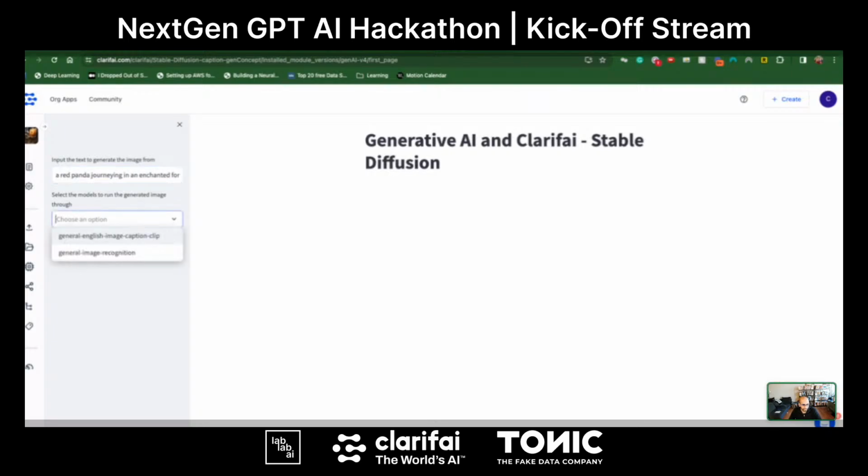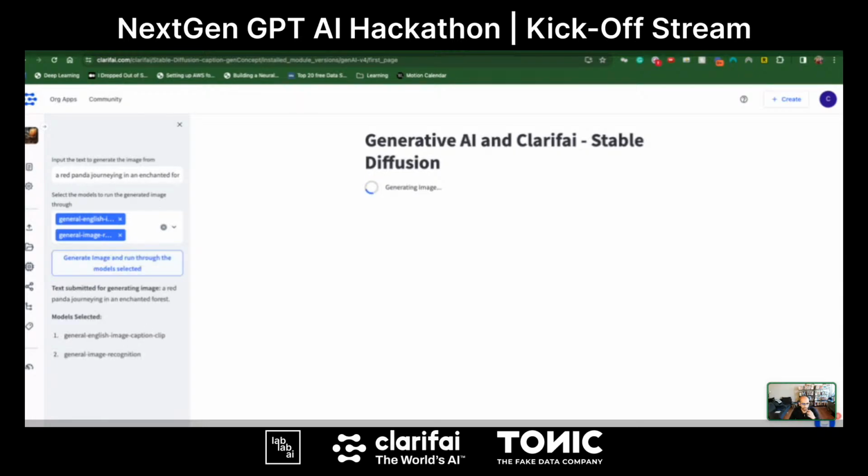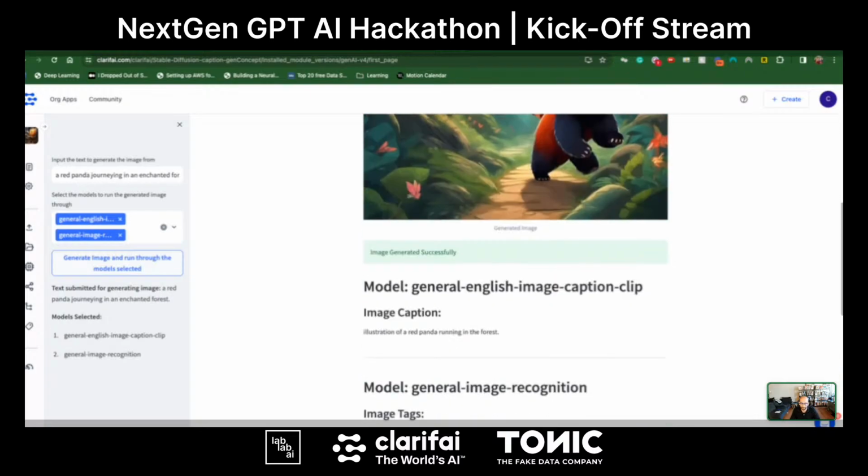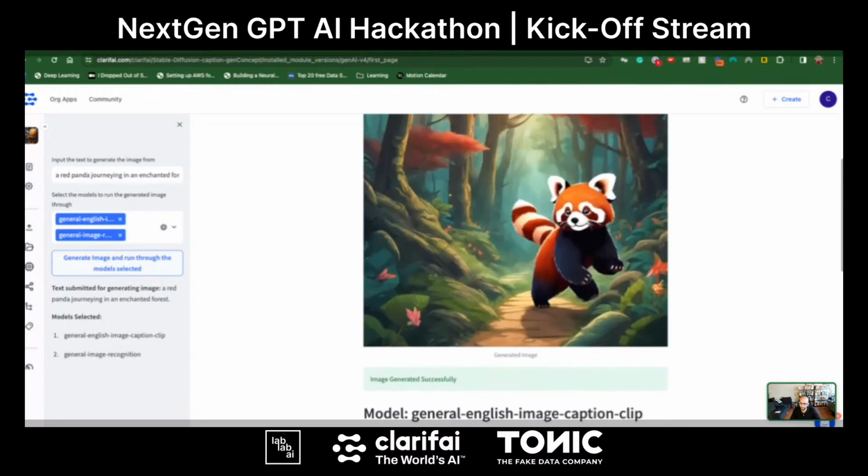You can add as many models; I was just making it for a quick demo, so I just selected 2 models. So I'm going to have Stable Diffusion generate this image and feed it to our general image recognition model and our general captioning model. All this is essentially just a way for us to organize things in one place.